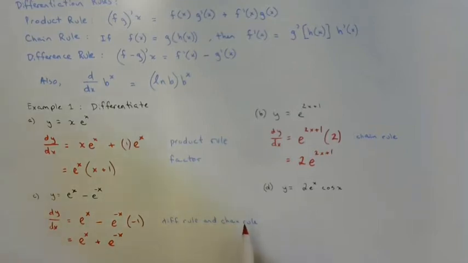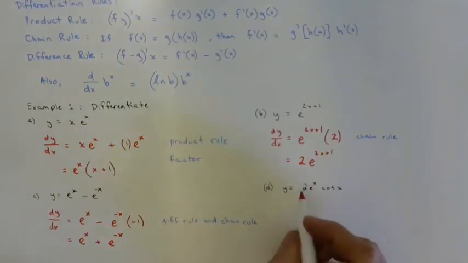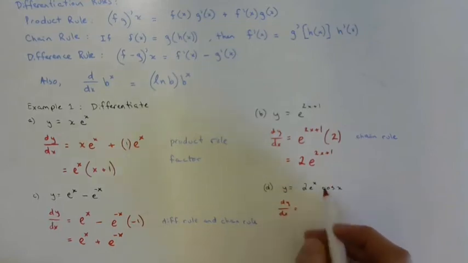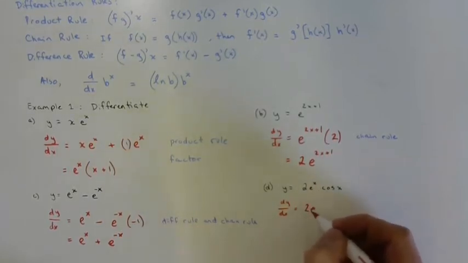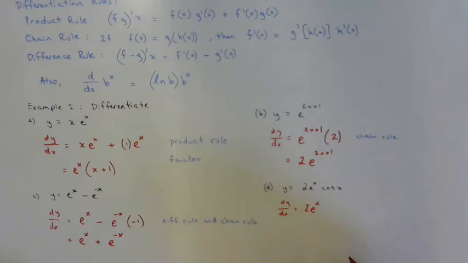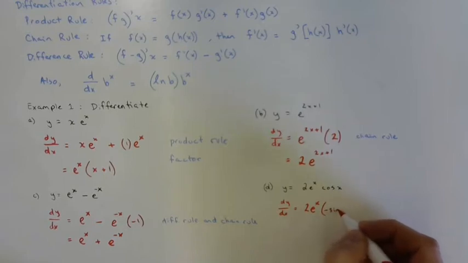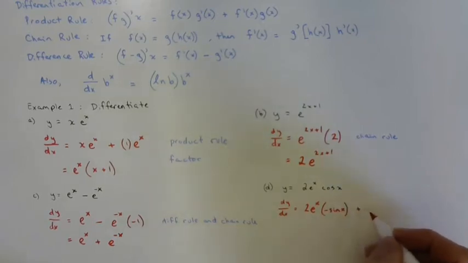It's the product rule. We're going to take the derivative of the first, dy by dx. Derivative of the first times the second, plus the first times the derivative of the second. So the derivative of the first one is itself. It's 2e to the power of x, times the derivative of the second. Do we remember the derivative of cosine? Negative sign. Negative sine x plus